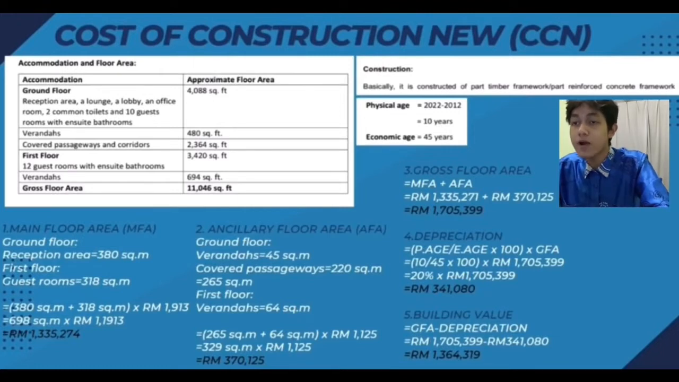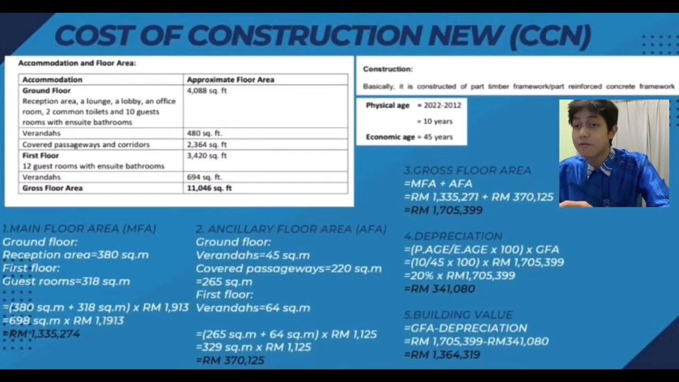So we have to total the MFA and EFA, which is 1,335,274 plus 370,125, then we will get the total of ground floor area, which is 1,705,399. Now we can proceed with the calculation for depreciation, which is the formula is physical age divided by economic